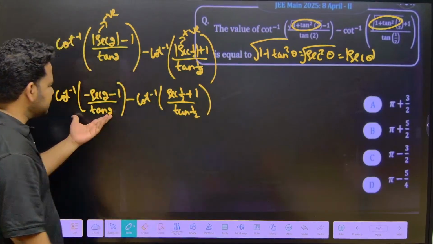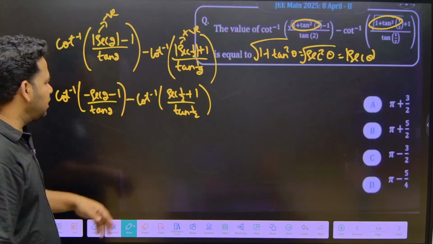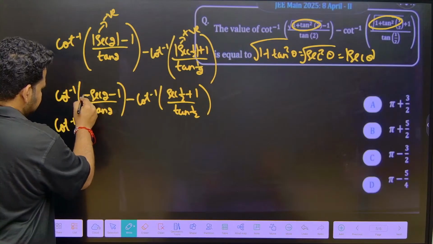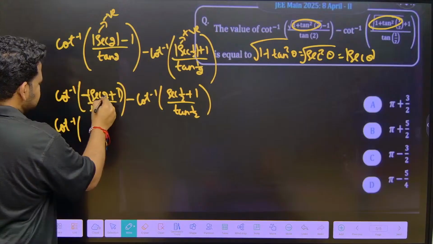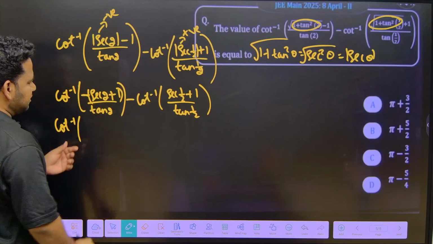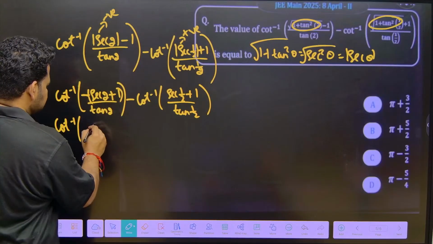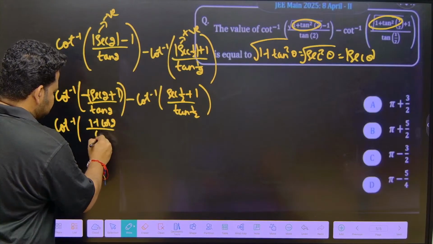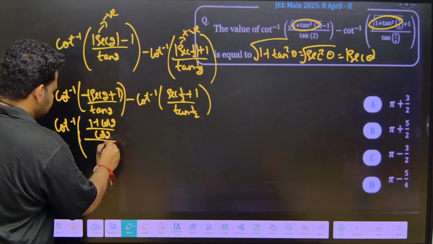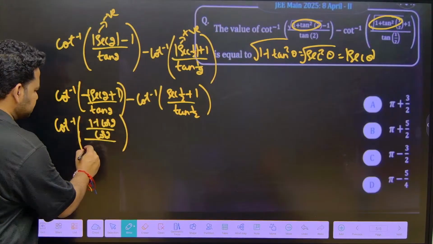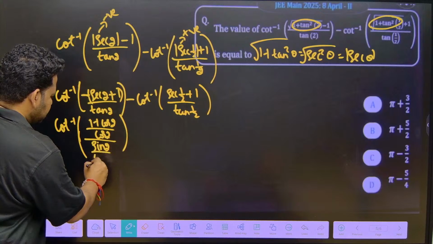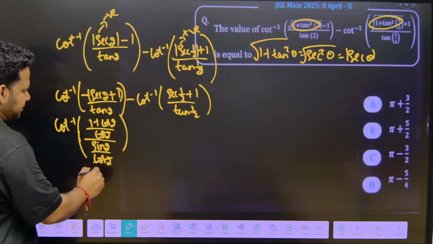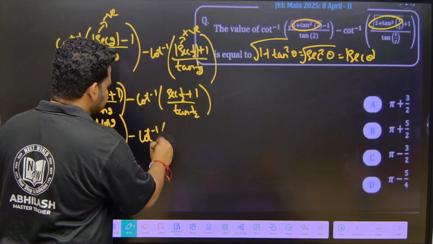Now let me write these terms, secant and tan, in terms of sin and cos. How can I write it? Cot inverse of, if I take the minus outside, this will become plus 1, so minus of secant 2 plus 1. Secant in terms of cos: 1 by cos 2. So this will become 1 plus cos 2 by cos 2, as I have taken the LCM directly. The denominator is tan 2, which I can write in terms of sin and cos as sin 2 by cos 2. Cos 2 I can cancel. Let me keep it like this, minus cot inverse of